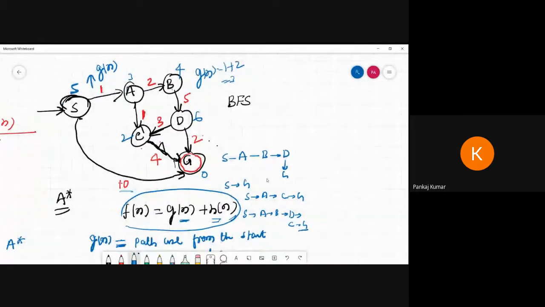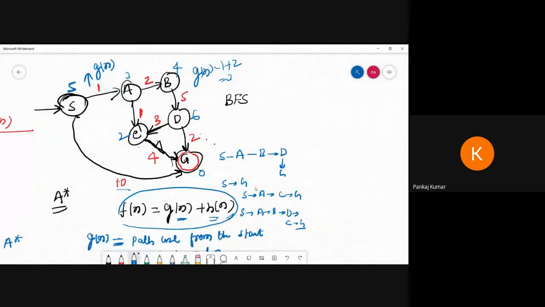So understand this one. First I start from S. From S, I can explore A, and this one is the goal state. This is the possibility: I can explore S to A and A to G, and G is our goal state. Okay. Now see, from S to A, what is the cost value? 1. And from S to G, what is the cost value of this edge? This is 10. Now I am going to calculate the function value.